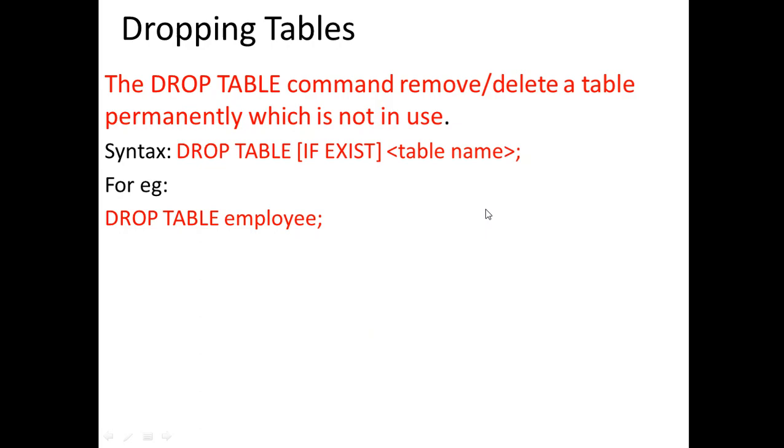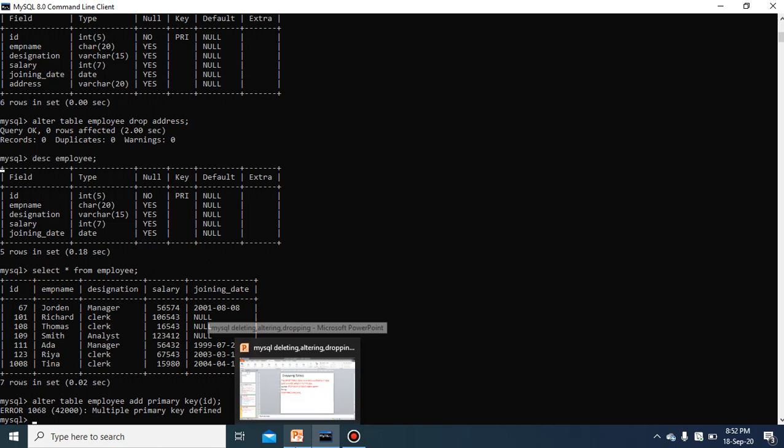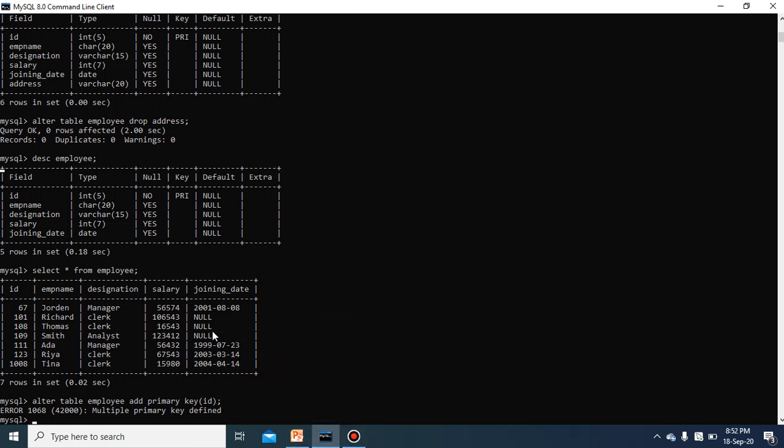Okay, yes. So if I write drop table employee, the employee table will get deleted. We do not want to delete this employee table, because we have very important data over here, and this table we will be using later on. So we are not supposed to delete this one. We will delete another table. So you have to check whether there is any other table in your database or not.